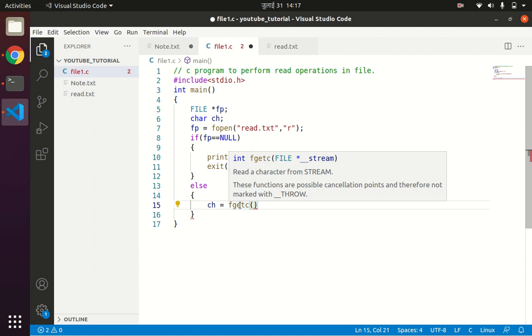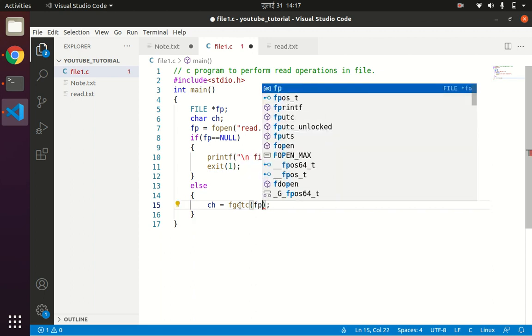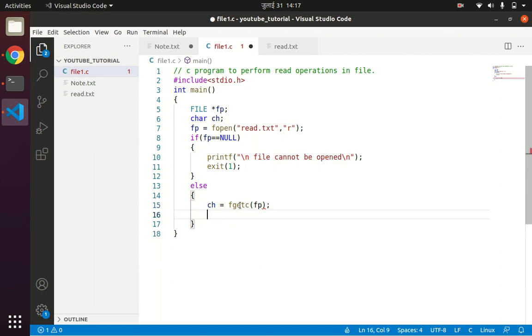The fgetc function reads a character from the file stream or file input stream. This fgetc function accepts the file pointer as an argument. So fp. By default the fgetc function will read the first character in the given file,